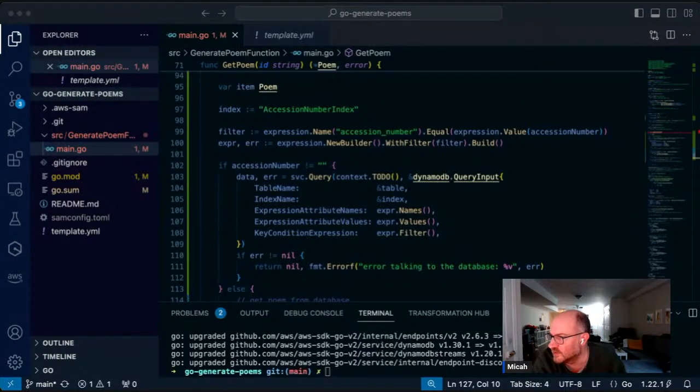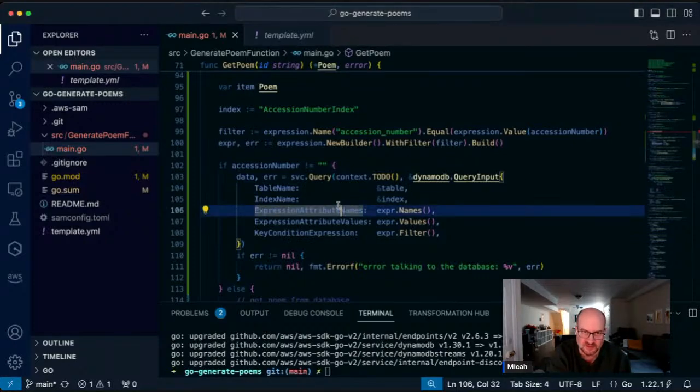So let me figure out how to do that. It's a list of maps. So it's like an array of maps, basically, more or less. Okay, so instead of using the unmarshal map, I have to use unmarshal list of maps.